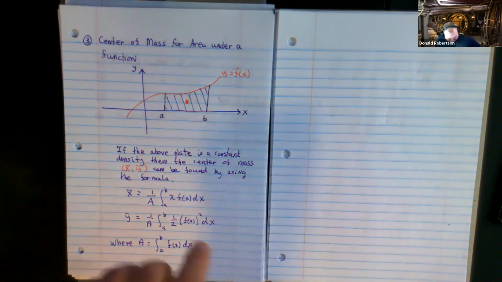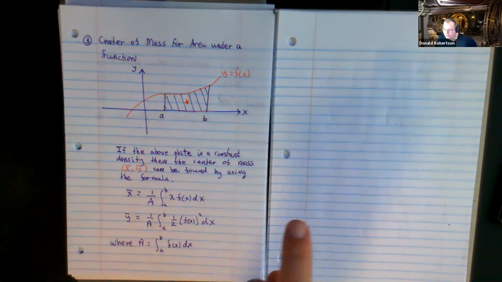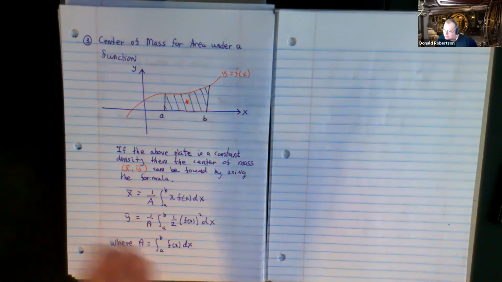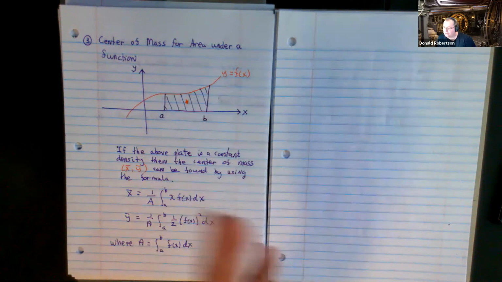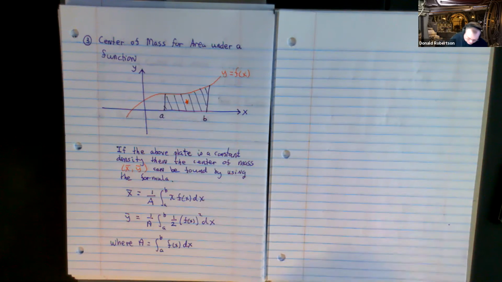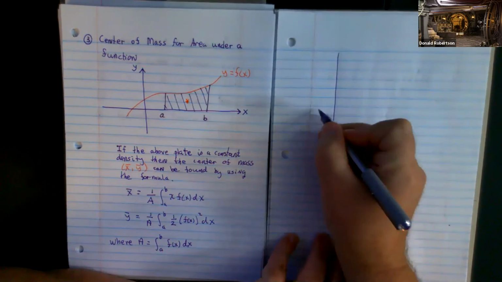So it's kind of plug and chug, but isn't it integration plug and chug? So you've got formulas that you're going to have to integrate, right? And when you're finished, it's going to be two numbers, right? One is the X bar, the X coordinate of the center of mass, and the other is going to be Y bar. So let's get the show on the road.